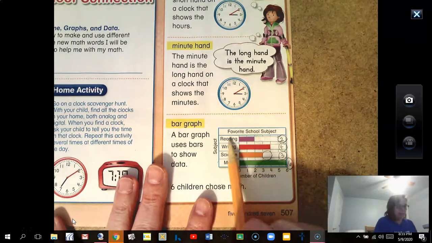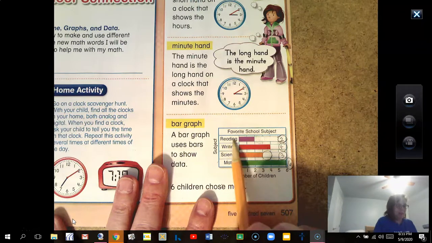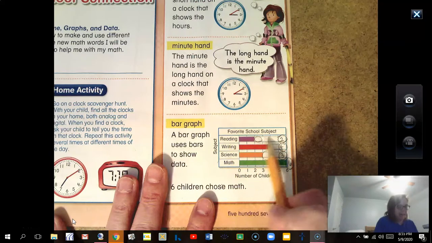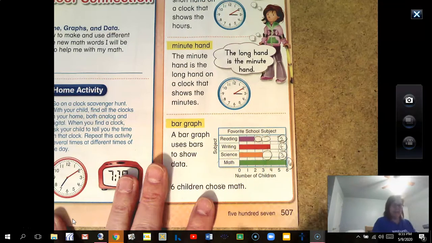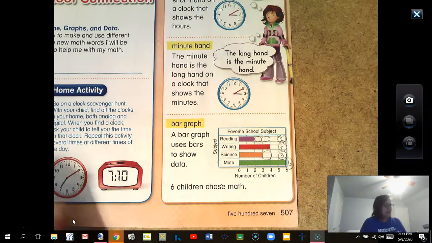But if we looked at reading and writing, writing still was the favorite. But how many more students liked reading than writing? Well, 1, 2. Okay, so